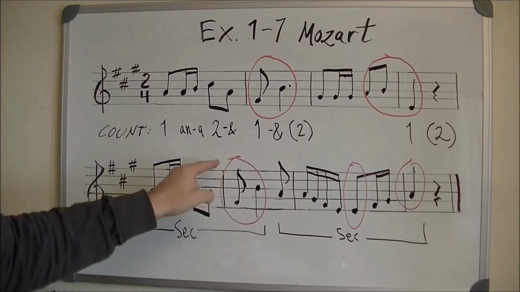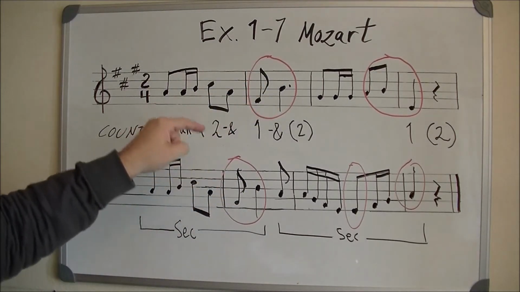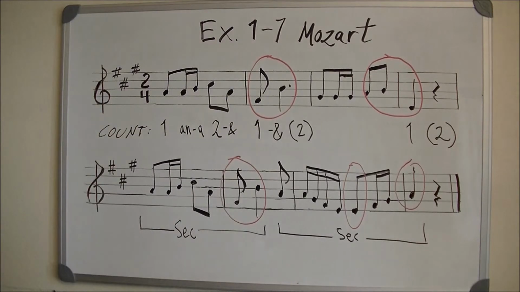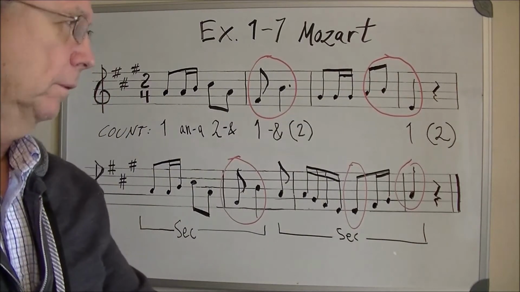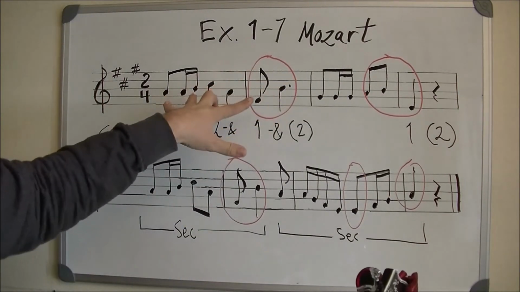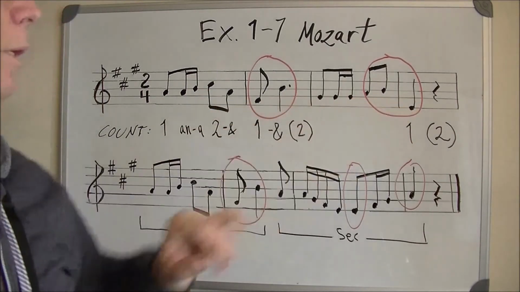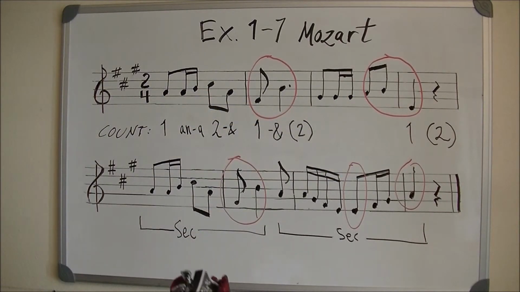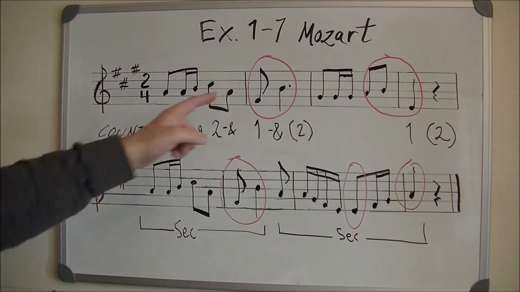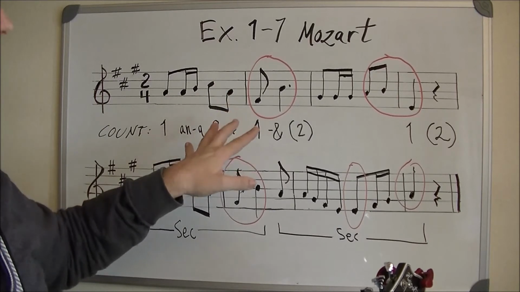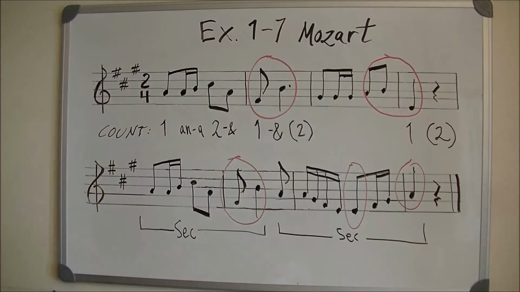Now this idea is the same as this idea. You have a leap upward, and here you have a leap downward. This leap upward comes at the end of the first section. This leap downward comes at the end of the second section, and the placement of the leap makes it into a melodic rhyme, just as you would put rhyming words at the end of lines of verse. These two leaps are not here by accident. They're here because they relate to each other. I would call them comical,